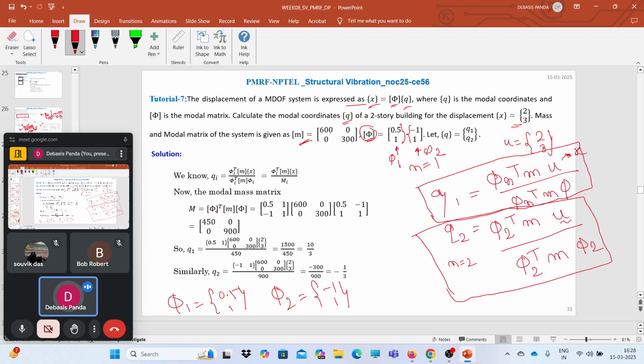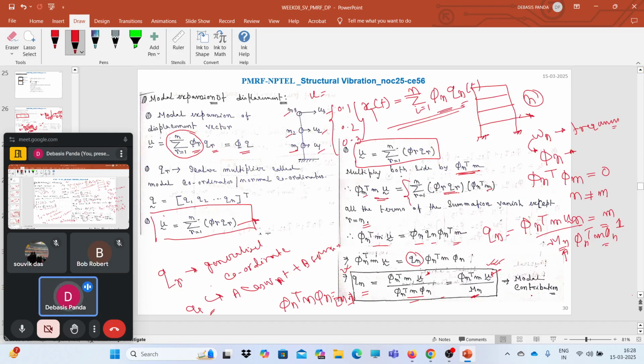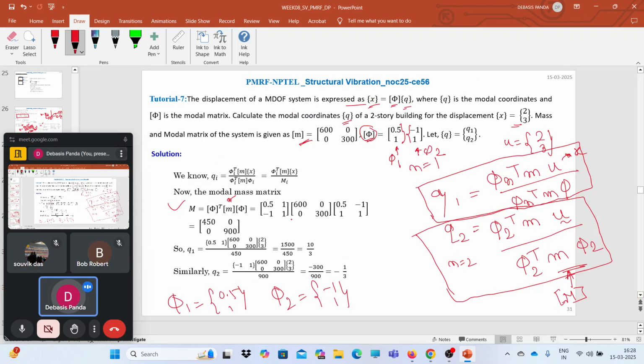Now you just need to do the operation. First, solve for the denominator. It's nothing but this m, so m is phi transpose m phi. For the denominator part, you can directly solve for that particular degree of freedom. Here the total phi matrix is taken. If you go for the solution, it will come as 450, 0, 0 and 900. Now you need to solve this equation, phi n transpose m u,